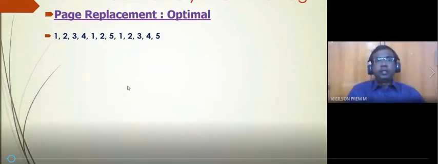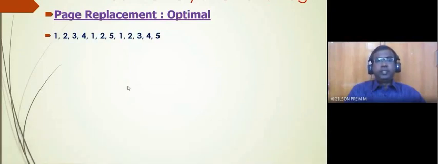So the next algorithm is optimal page replacement. Already we have discussed FIFO with the number of free frames and the number of page faults. Okay. The second algorithm is page replacement with the optimal page replacement. So to say it in one sentence, optimal page replacement means replace a page that is not going to be used